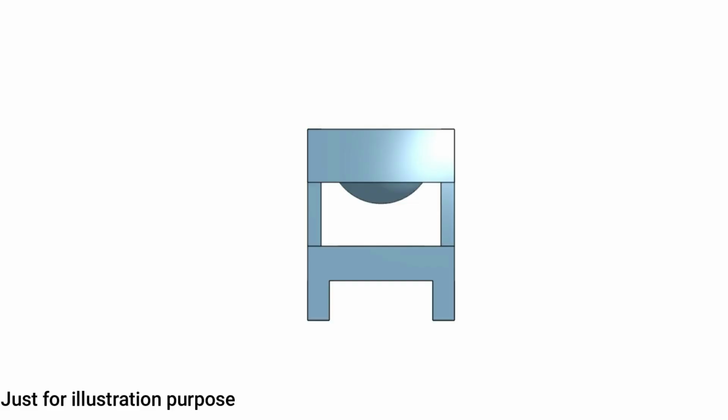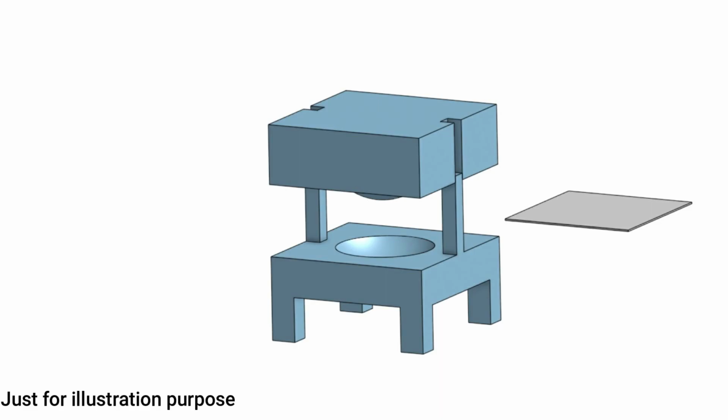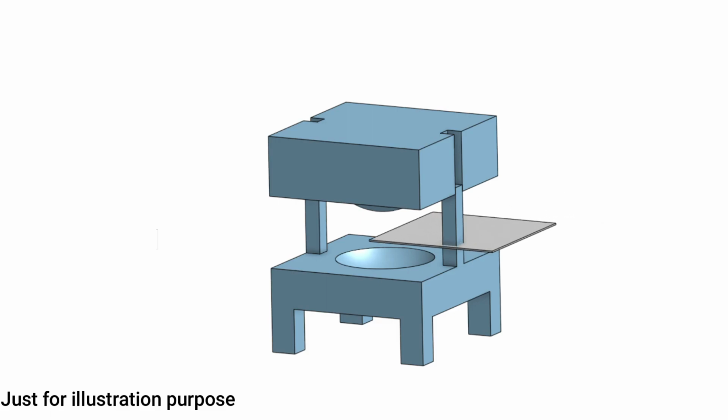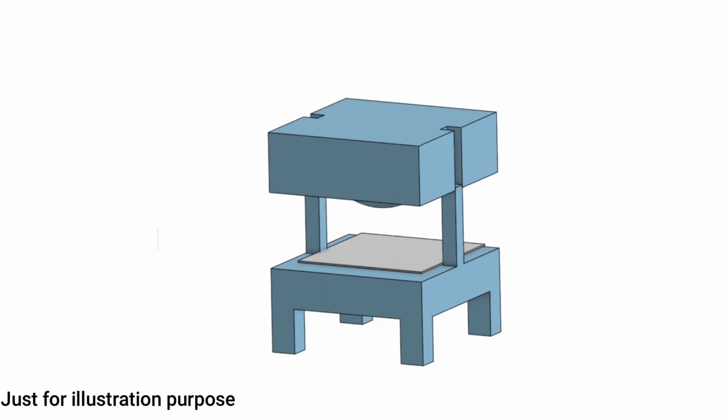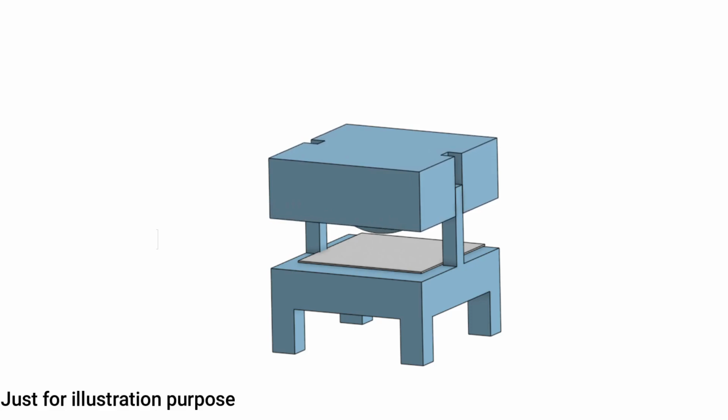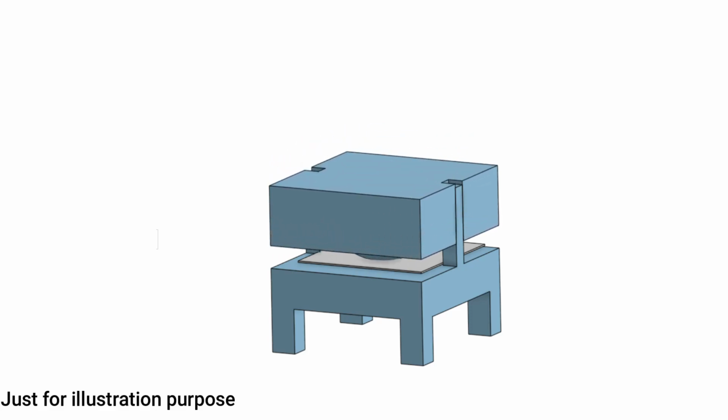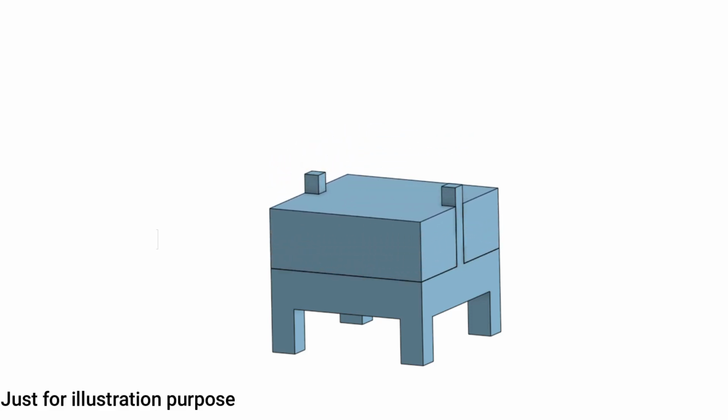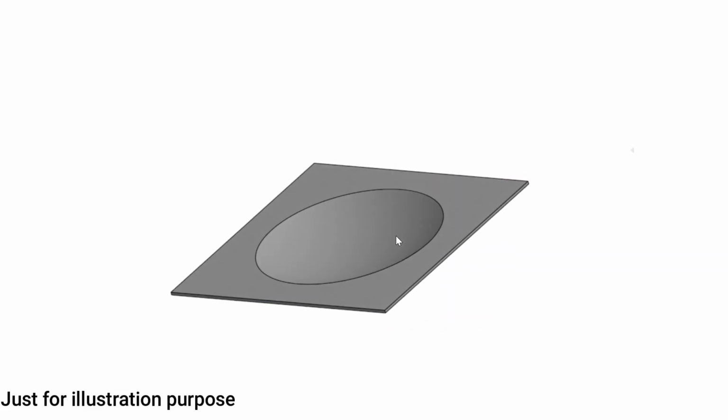Alright, so we'll be using a process called sheet metal stamping. So a lot of parts are still missing. This is a stripped down version, but it will help you understand the process much more easily. See those blue parts, they are called the dies, and the gray part is called sheet metal. Now if you place that sheet metal onto the die and start the machine, it will press that sheet metal into a desired shape, which is this.